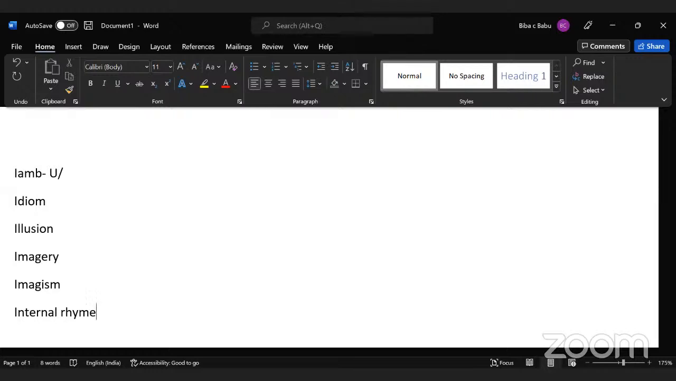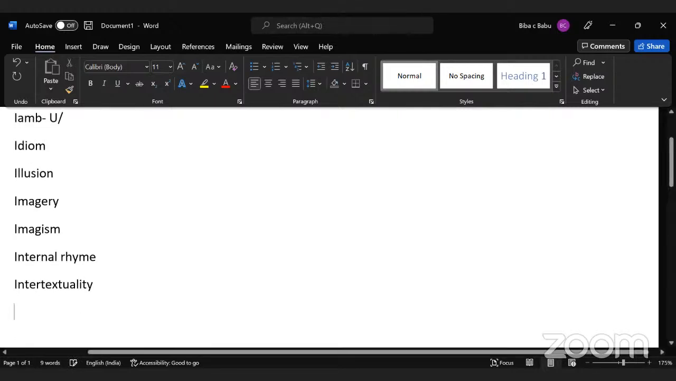Remember end rhyme, which we discussed last class. The rhyming words will appear at the end of the line. Remember, if rhyming words appear at the end of each line, it is called end rhyme. And internal rhyme is the rhyming word occurring within a single line. Okay. Next is